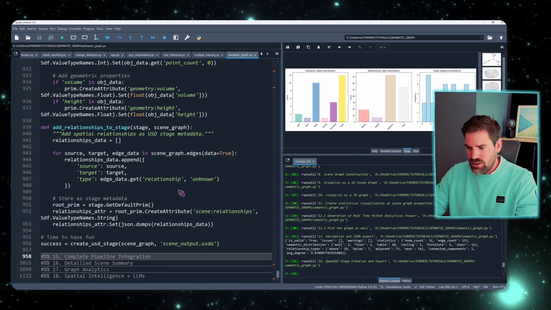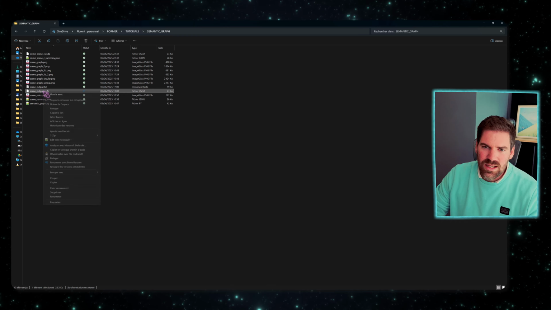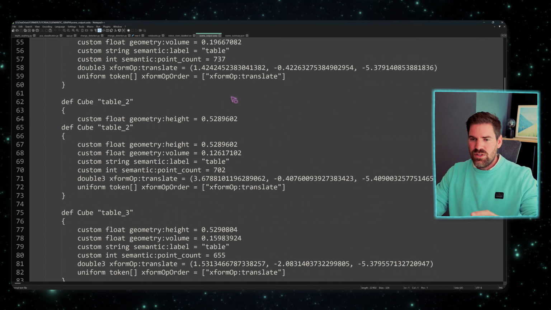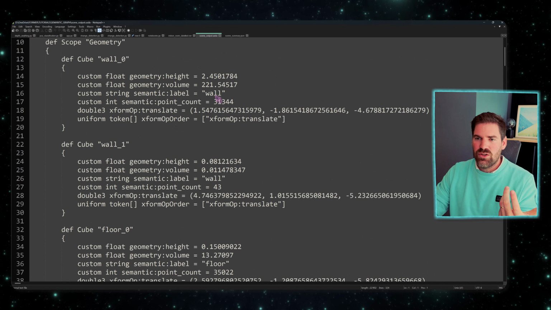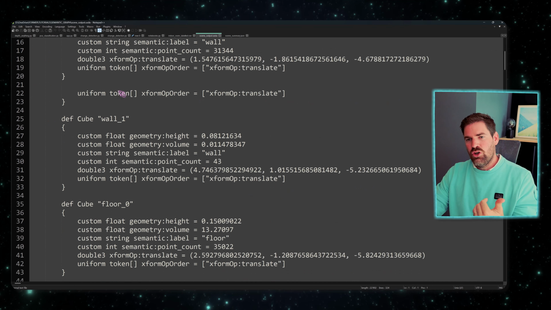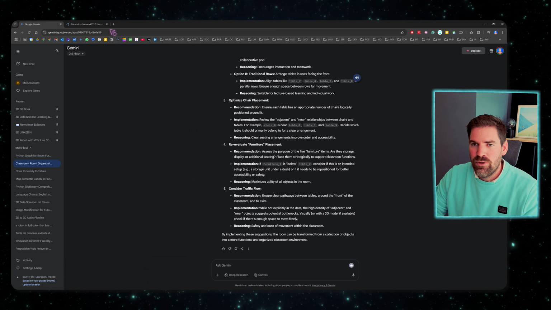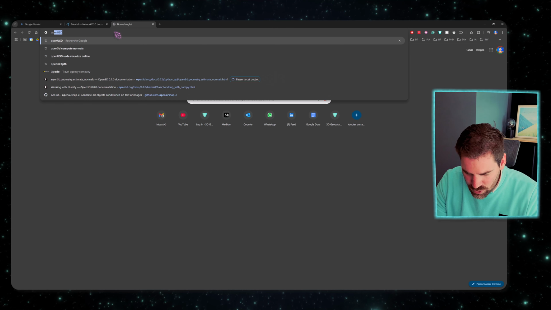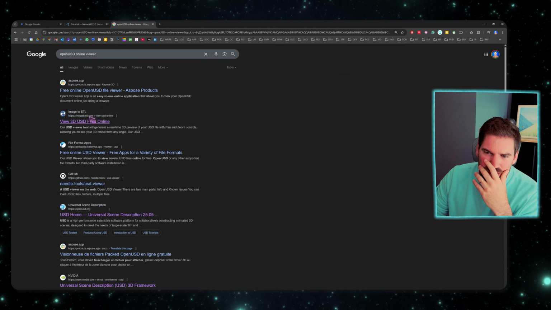And this is what I'm doing now. And you can see that this is also something super cool: at this stage it's an ASCII file format, where you can see everything, and you have various information like the relationships, the geometry, and so on. And this is then readable with OpenUSD and Omniverse. So the OpenUSD online viewer will maybe not see the